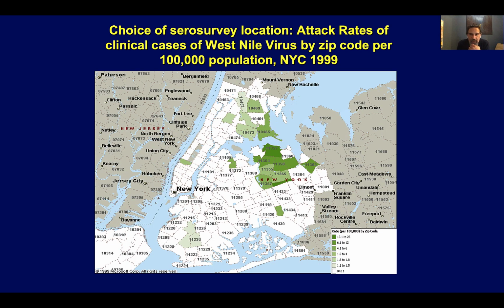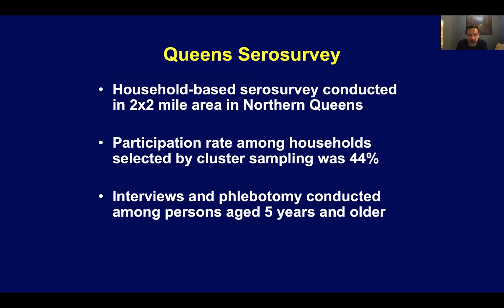We chose to conduct this survey in northern Queens because it was the area with the highest attack rate of clinical West Nile infection in the city. We mapped the number of cases according to the population, and you can see where the highest rates were. So this was a household survey with specimen collection for serology that was conducted in a 2x2 area